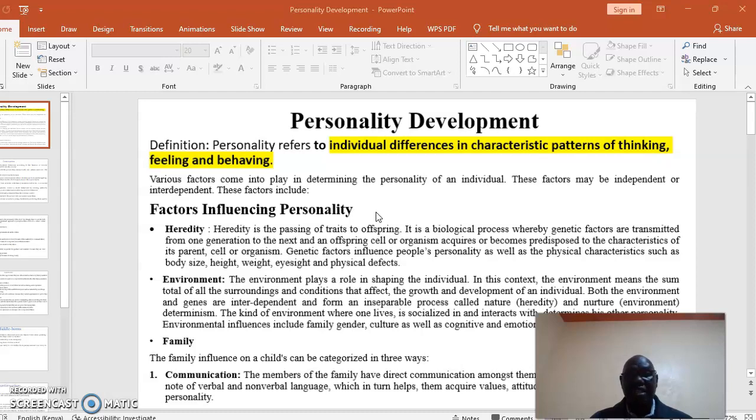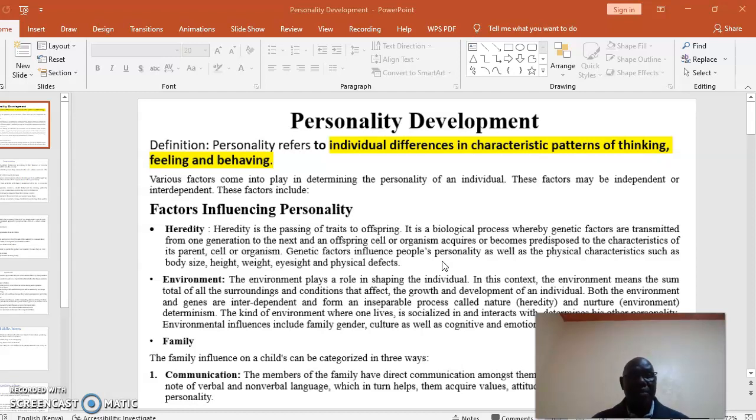So at this juncture, ladies and gentlemen, allow me to look at factors that influence our personality. First and foremost, we have heredity. Heredity is the passing of traits to offspring. It is a biological process whereby genetic factors are transmitted from one generation to the next. Genetic factors influence people's personality as well as physical characteristics such as body size, height, weight, eyesight, and physical